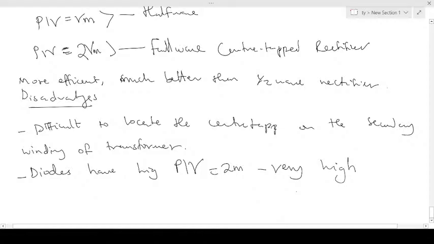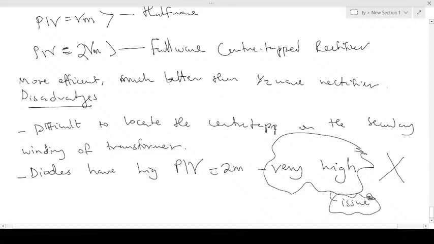Our peak inverse voltage is incredibly high, and that is the issue, because our peak inverse voltage is the maximum amount of voltage that it's the minimum. It's not even maximum. Minimum amount of voltage that we allow during the reverse bias,